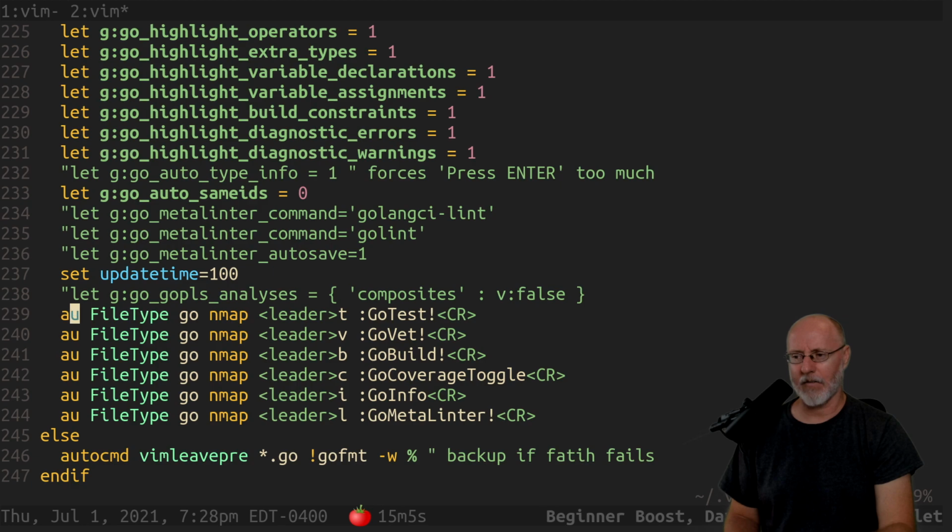And then here we have, when there's a file type that's Go, create a mapping. So let's talk about mapping and map. Not anything to do with the program and map. Leader, and by default, I think leader is / I've set mine to \/ I believe. And then the T, and it'll do the thing. So actually, it will execute